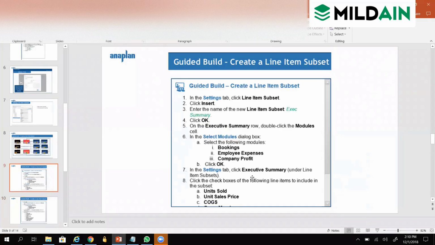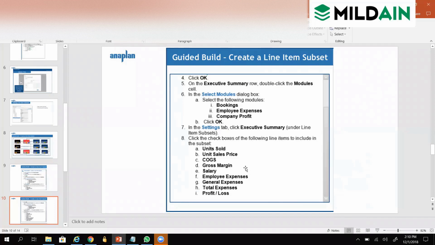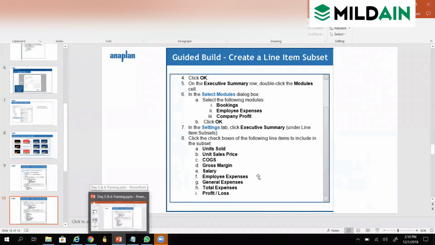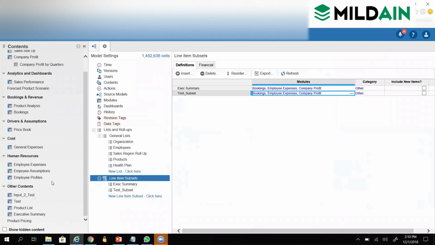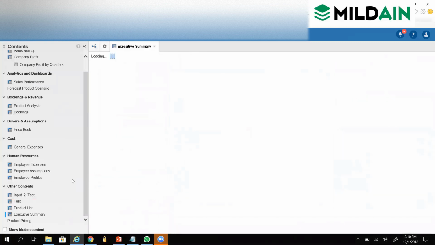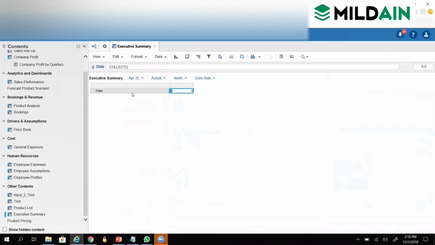Okay, so next, we have selected the modules. Next, what we are doing is we will go to the executive summary module. Under that there is an option called subsets, line item subsets. There we select what all we want to have. So when I go to the executive summary module, here it is, I double click. There is an option called